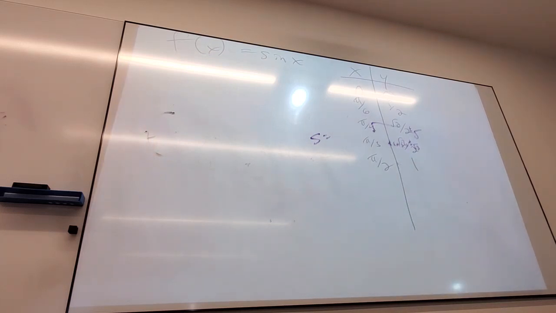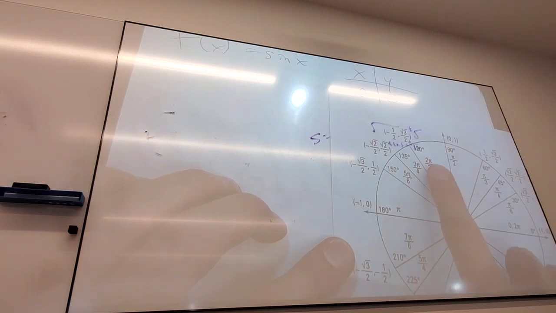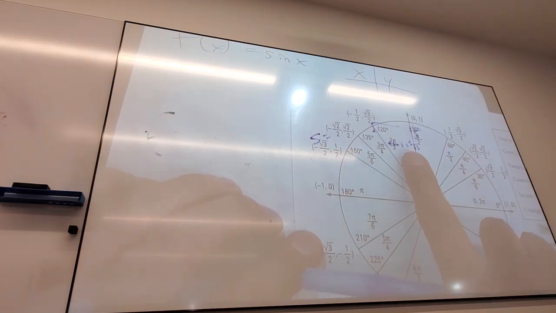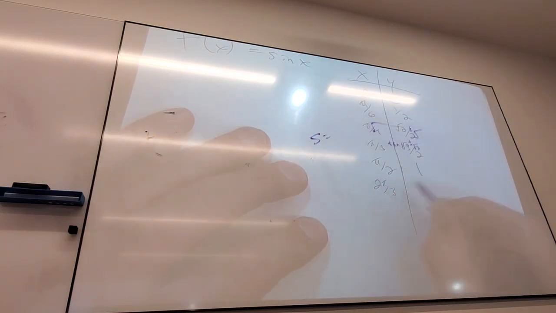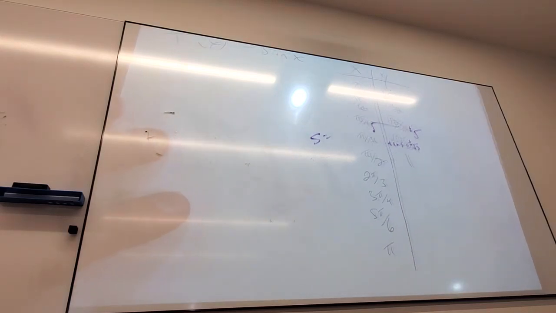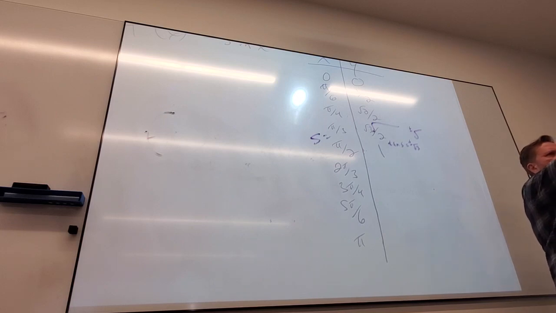Now, one thing you can use as a reference to keep yourself straight is these. When we get into graphing, this could be very useful. So now I'm going to go a reference angle of pi over 3, a reference angle of pi over 4, a reference angle of pi over 6, and then pi. You don't have to think too much about this because sine starts at 0, it grows,